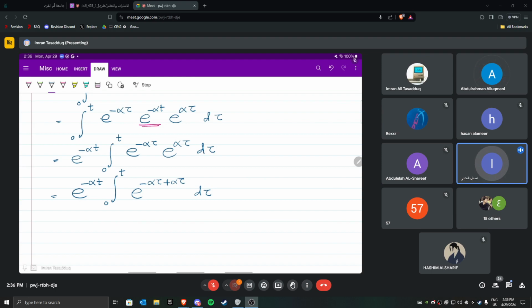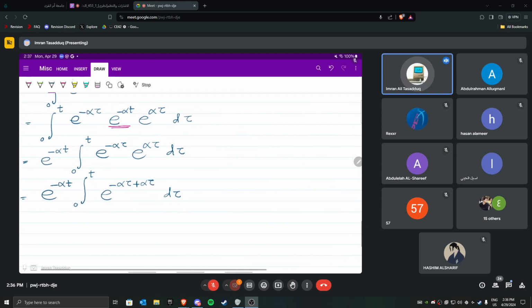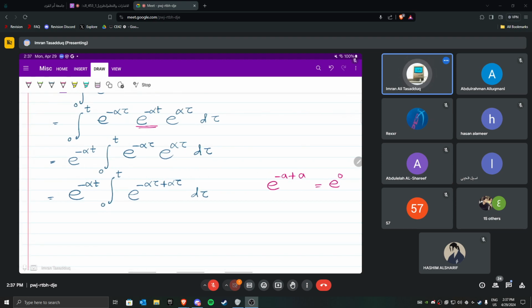Okay, but if we take a common, why are you going to take a common? It's like this. If you have e to the power minus a and plus a, what will you do? Zero. E to the power 0, right? And that's what it is. I mean, why do an extra step of taking common and then solving it? It's very clear that this is 0. So it is e to the power 0. This is equal to e to the power minus alpha t